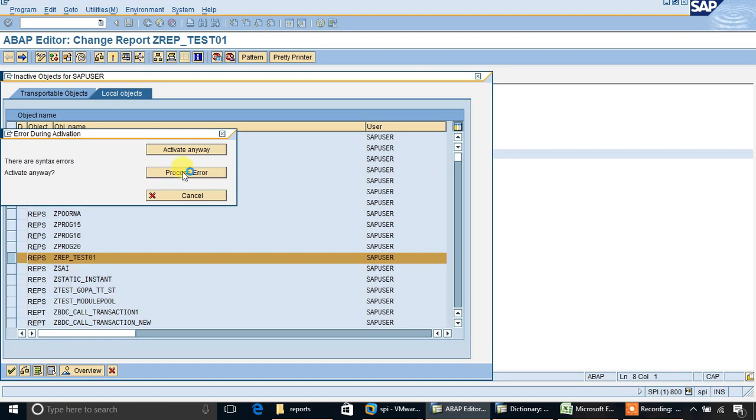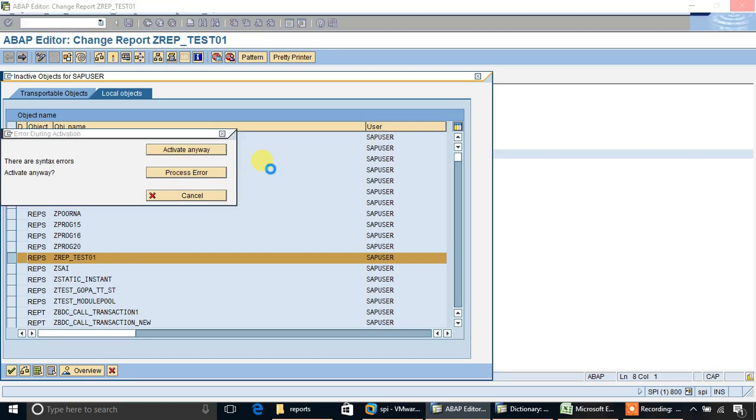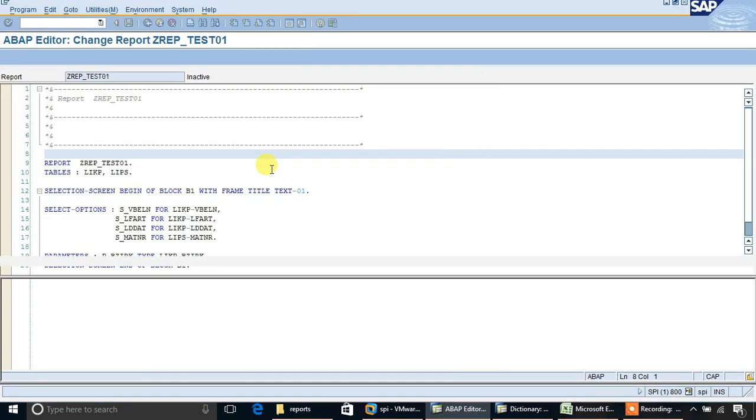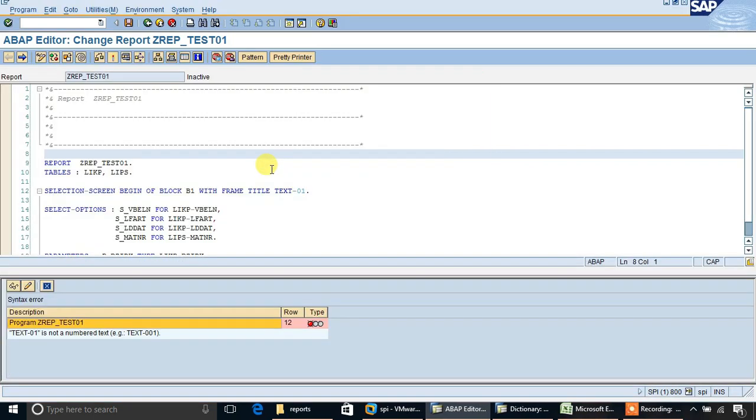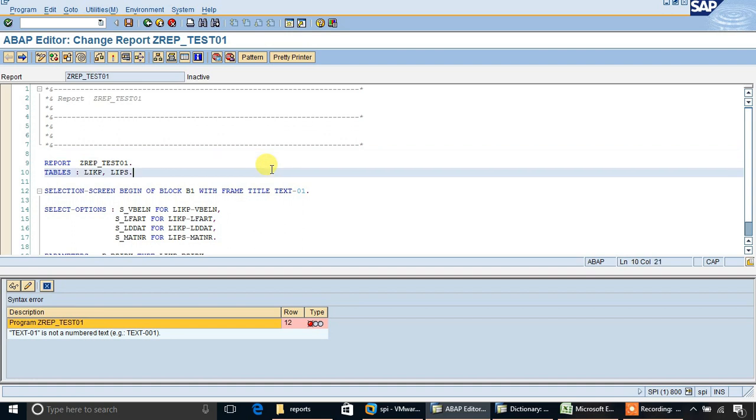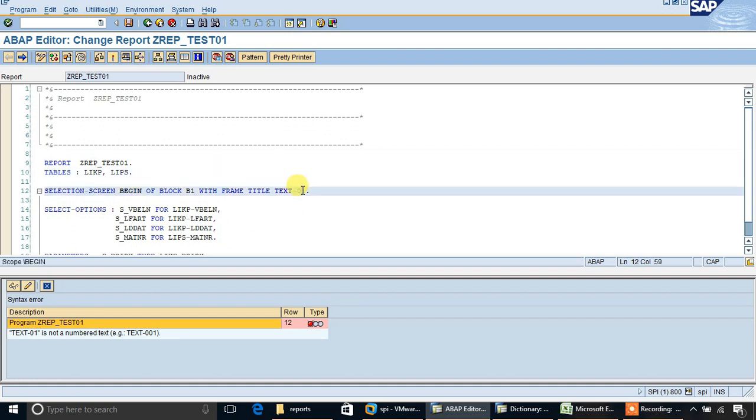Syntax error. Let's see the description of this error. So it must be a 3-digit number. Now again save, check and activate.